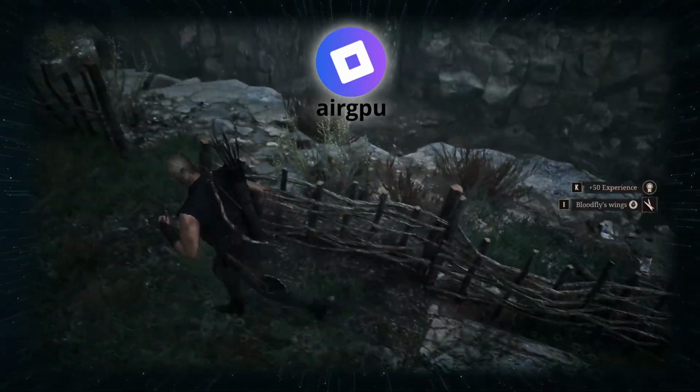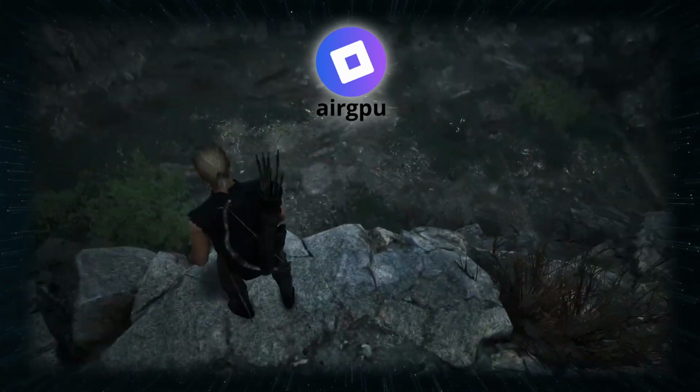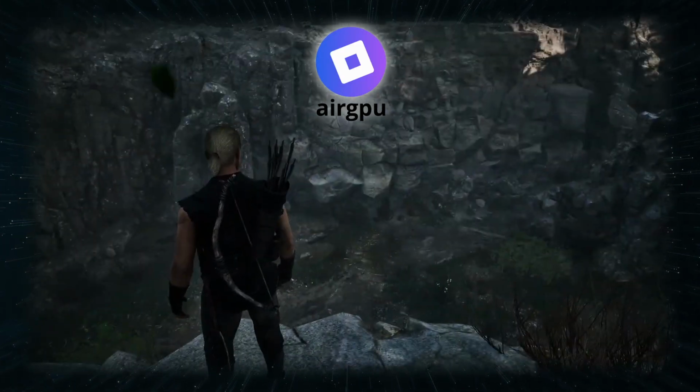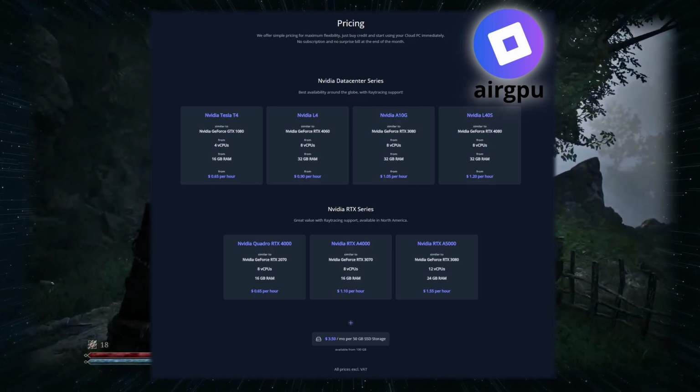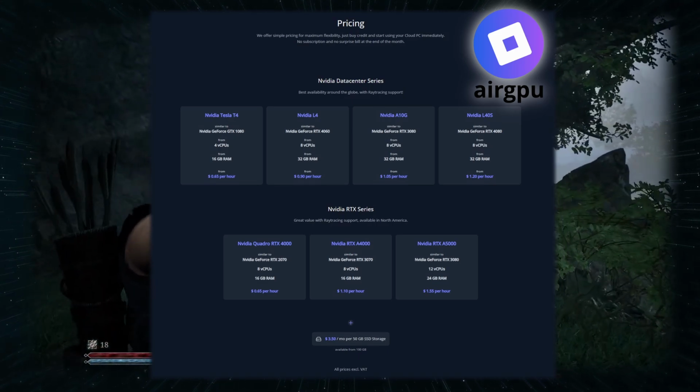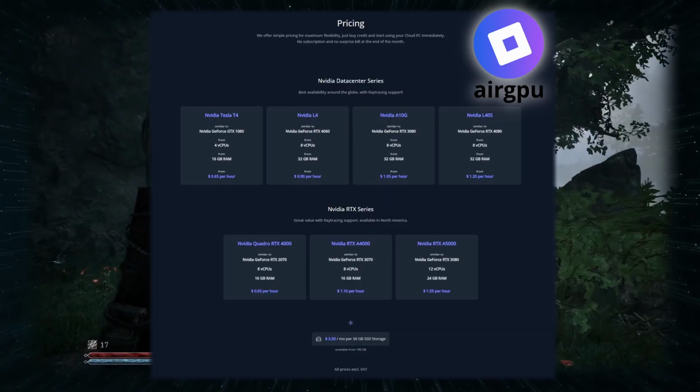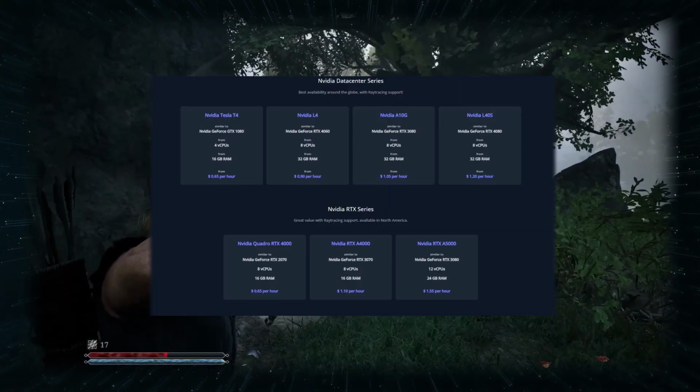AirGPU is the rent a gaming PC by the hour option. You buy credit, spin up a Windows machine, then stream it through Parsec or Moonlight. You pay by the hour and prices vary depending on what machine you rent, but the average is around $1. Then you also need to pay for local storage, which is $3.50 per month per 50 gigabytes with a minimum